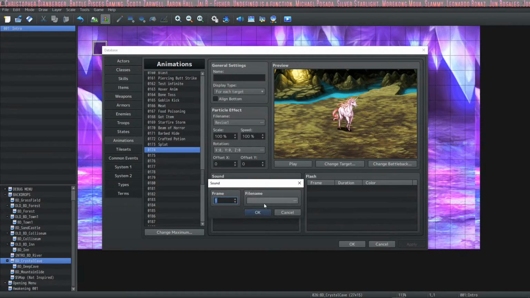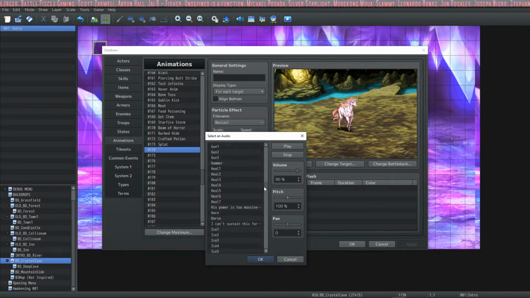So now I need some more gamey sound effect. It needs to be very nice sounding. That'll work.